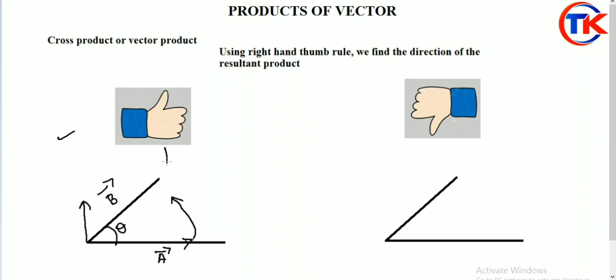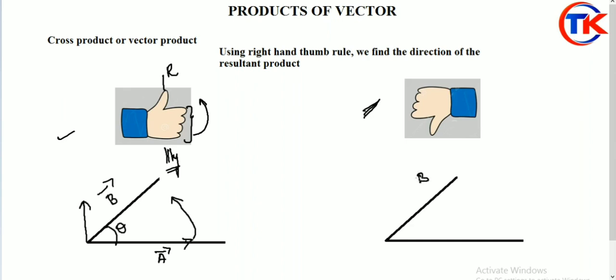Hope you can understand the thumb symbol, right? The direction of the thumb is similar to the resultant. So the thumb indicates the resultant, and these four curled fingers indicate the direction of our vector, that is, our rotation. Just now we saw the tightening and loosening of the screw, right? Direction like that. So I repeat, if we move a vector towards b vector, my resultant will be in the upward direction.